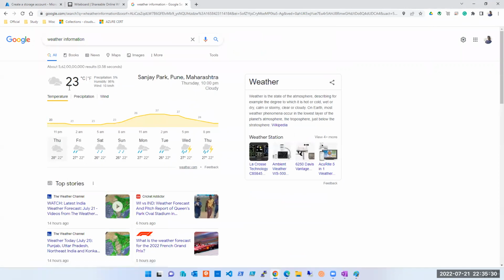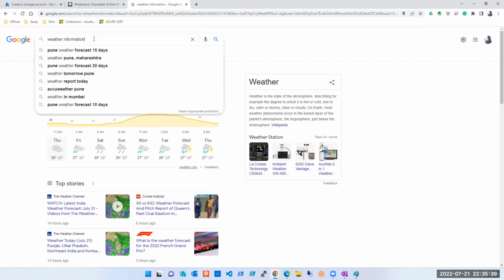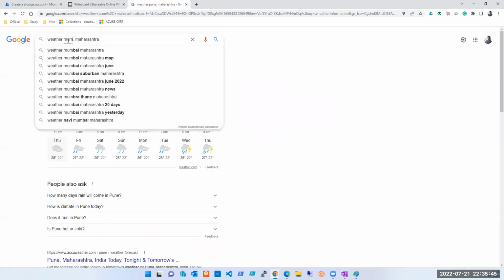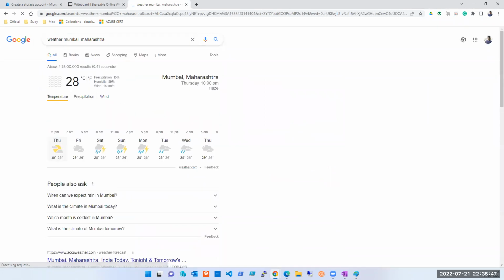Okay, yeah. So now it shows 23. It shows this area. यहाँ का बता रहा है. I want to change it. मैं इनकी वेबसाइट पे जाऊंगा यहाँ पर और I can type it. Let's say sitting here, I want to weather Pune, Maharashtra. I'll get this, right? Here it is. So do you think कि ये Google ने कहीं से fetch करके दिया है result, right?